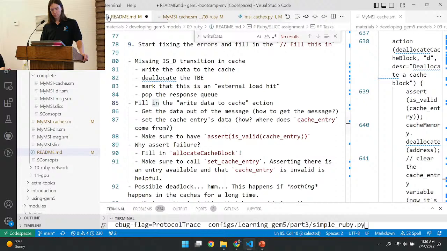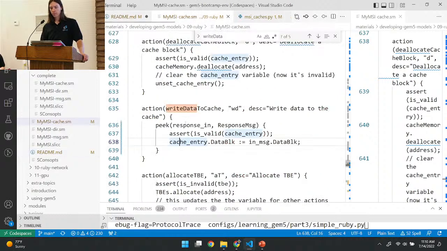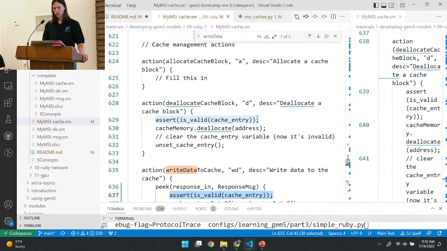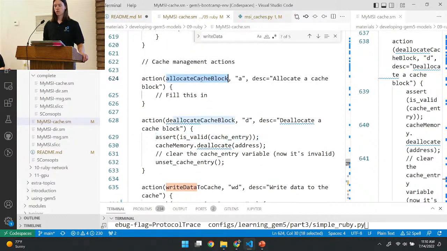Okay. So then the next step is, why do I have an assert failure? If you got to this point and you ran it, this assert would actually fail. It would fail because the cache entry is not valid. You never set the cache entry. That's because we had not allocated a cache block yet. So if we fill this allocate cache block in,